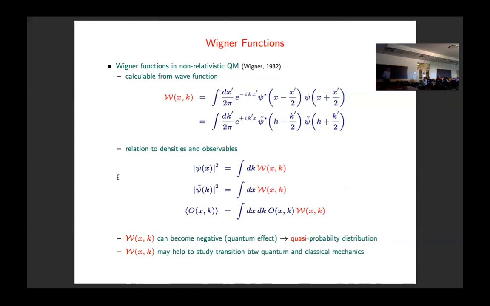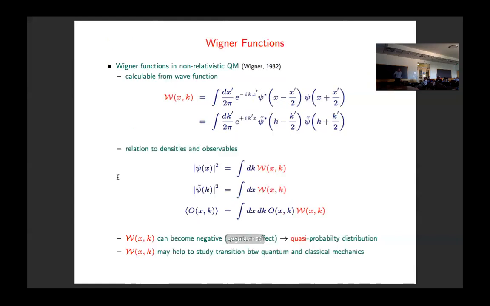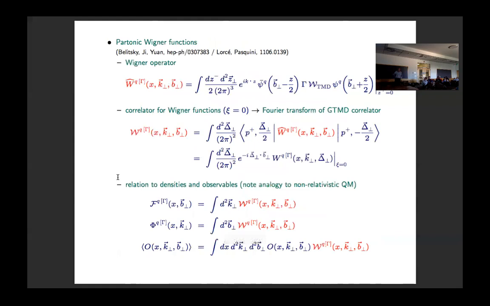All right, so let's now go to field theory and parton structure studies. To the best of my knowledge, the first time this was discussed was by our chairman and Belitsky in 2003. This can be right away generalized to 3 dimensions, and then you have a 6-dimensional phase space distribution. So what Feng and co-workers suggested in 2003 were 6-dimensional Wigner functions for parton structure studies.